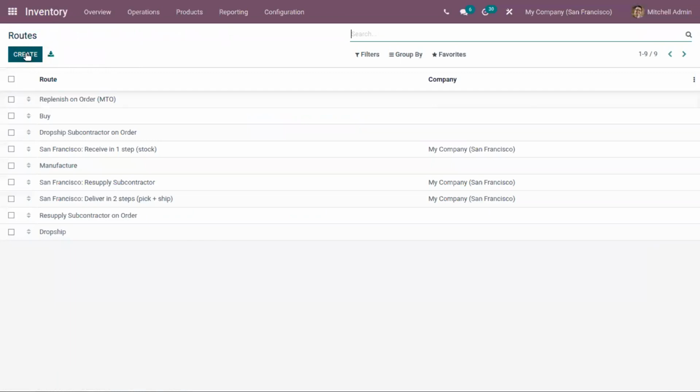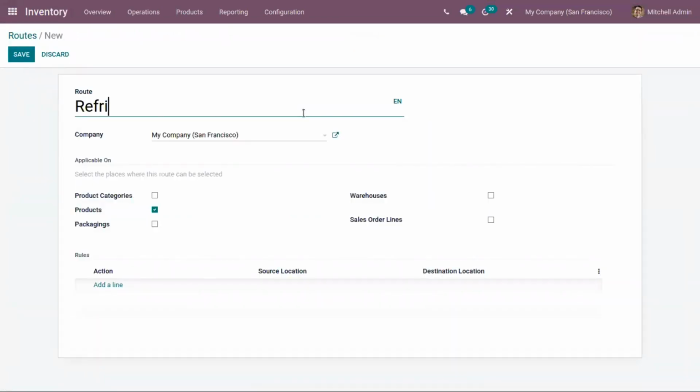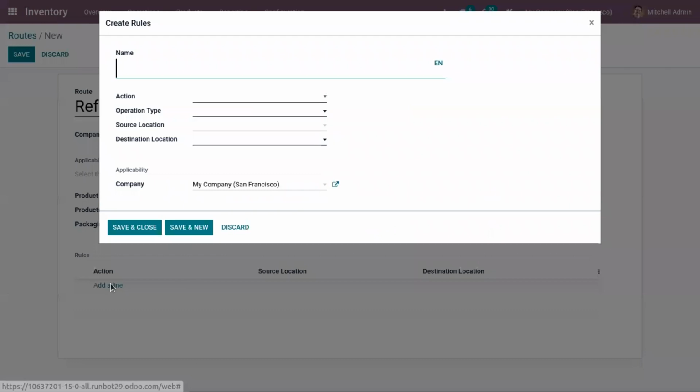So let us create a new route. Let us create a route refrigerate, and we can apply it on products, packagings, warehouses, sale orders. And if you keep this empty, then it can be used for all warehouses. Now let's add rules for this route.